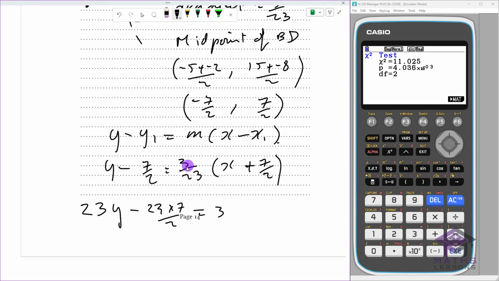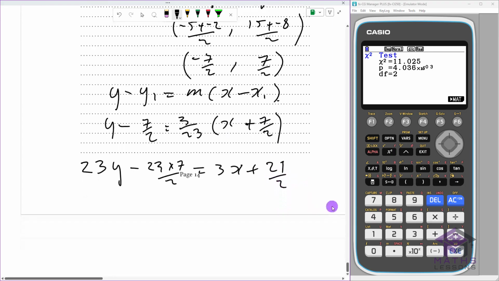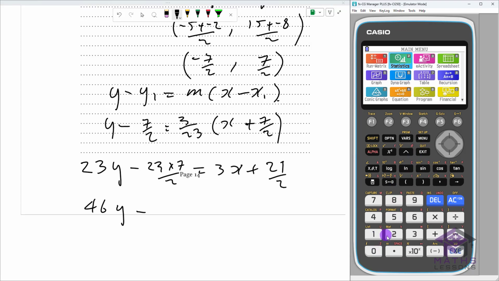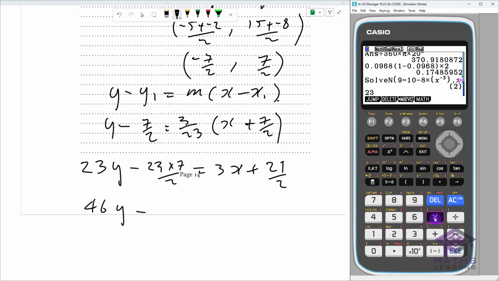I'm going to multiply out this bracket. It's 3x. 3 times 7 is 21 over 2. And now I can times that out by 2 to get rid of all the fractions. And I get 46y minus whatever 23 times 7 is. Let's just do it. I don't know off the top of my head, probably could work out quicker than using the calculator. 161